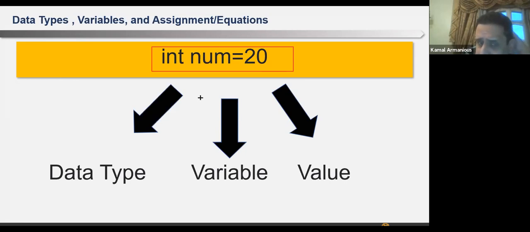So basically, it will reserve a piece of memory and it will put 20 in this piece of memory. So int num equal 20 means assignment of this memory location to be 20. Okay, so this is a piece of memory, and this is the address of the piece of memory. Let's name it num, and then this piece here is 20. So this is basically int num equal 20.